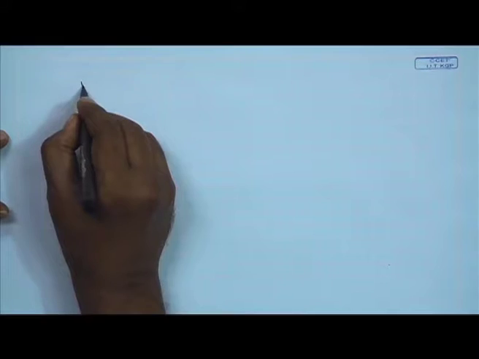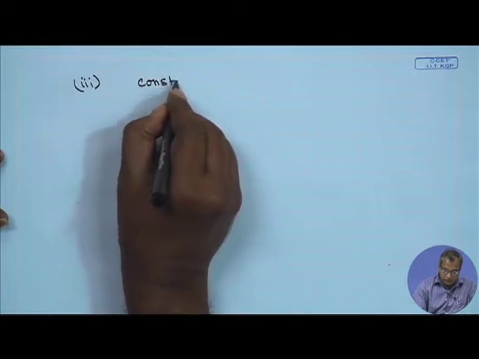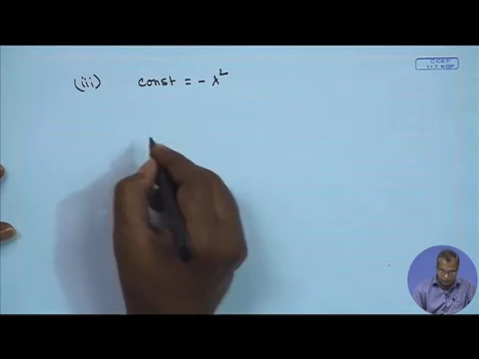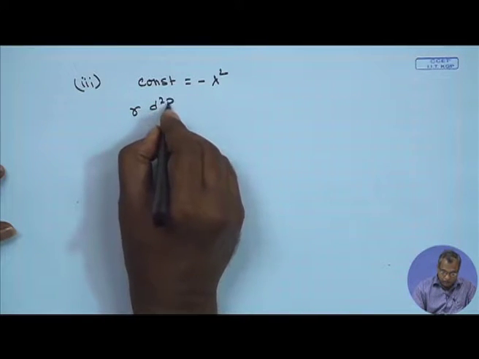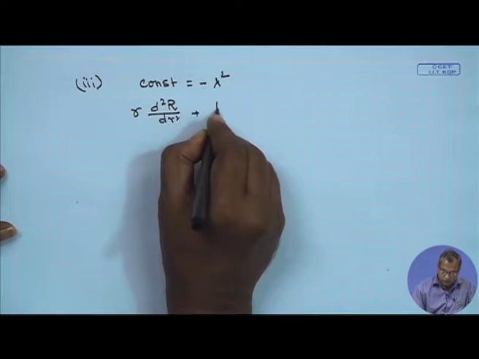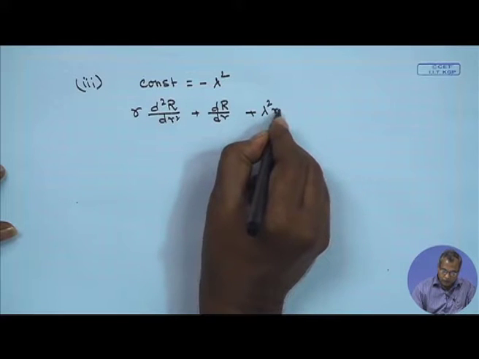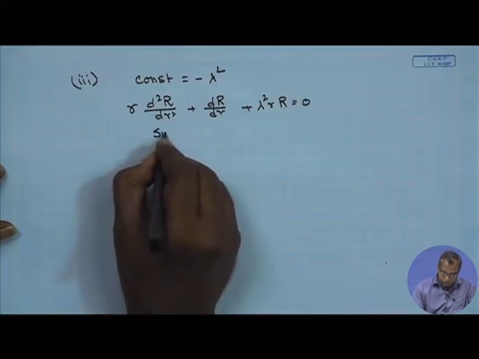So, we will be looking into case number 3, where this constant is a negative constant. So, this will be equal to minus lambda square. The governing equation of the R varying part is nothing but d square R dr square plus 1 over r dR dr plus lambda square R is equal to 0. Now, we substitute